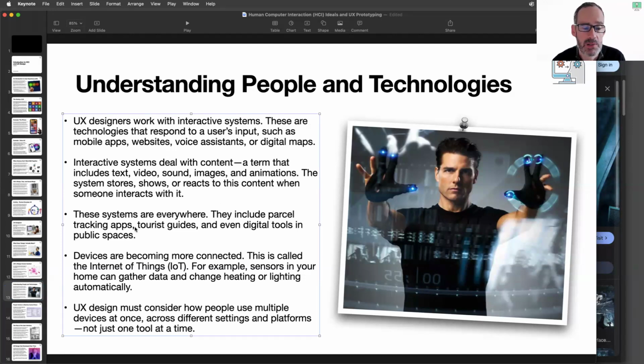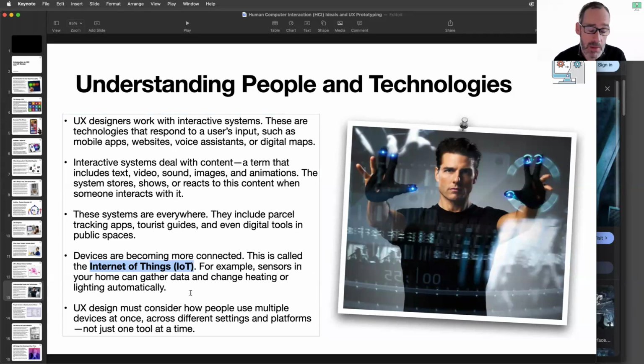They include parcel tracking apps, tourist guides, digital tools in public spaces, like the parking meter. And devices are becoming more connected. This is called IoT. So we looked at that previously in the other course, where you would have sensors in your home that can gather data and change heating or lighting automatically. You walk into a room, the lights come on, the temperature drops below a certain amount of degrees, the heating